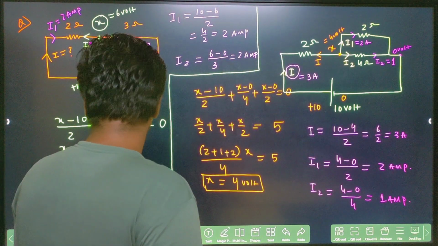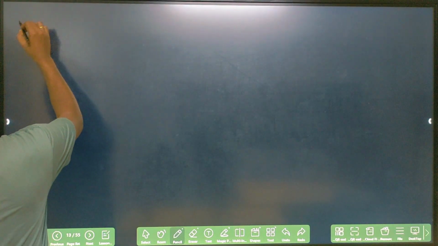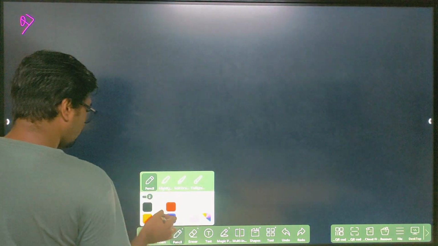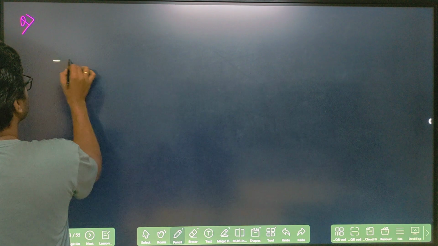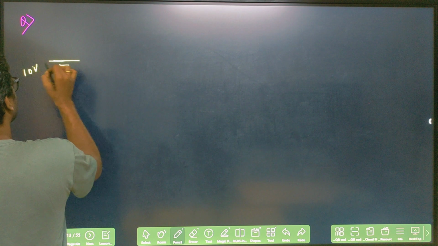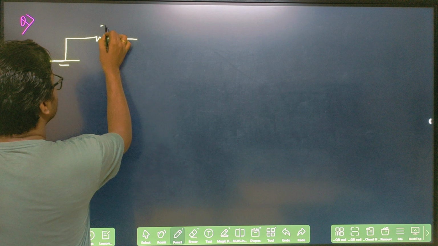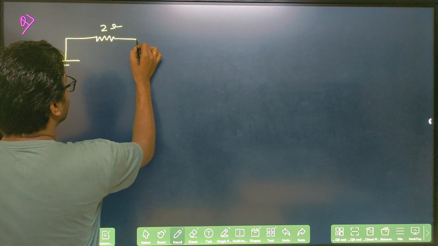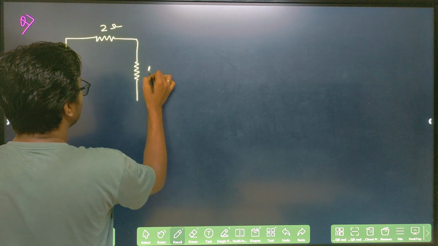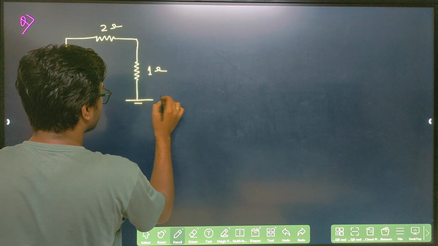Clear? Let's do one more example. So this you have to calculate a little bit here. So in this example, let's say this is your 10 volt battery or cell. And the resistance here is 2 ohm, and here one resistance is there, again this is 1 ohm, here one cell is connected,